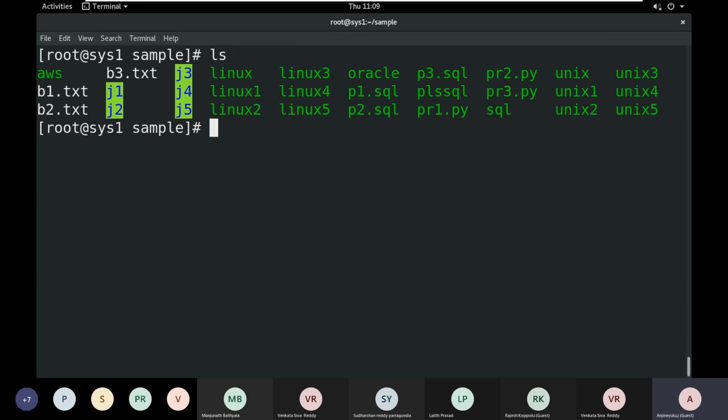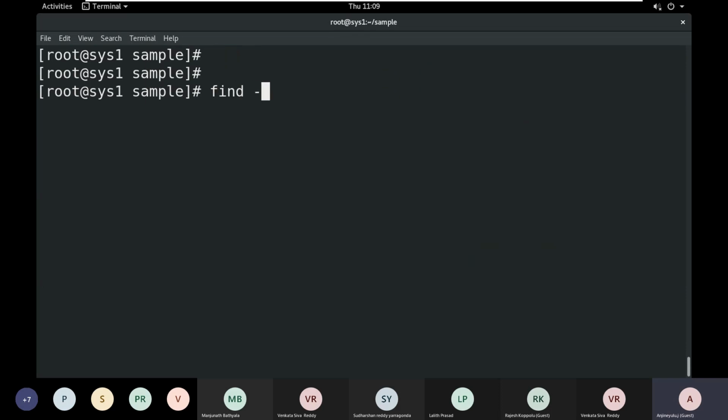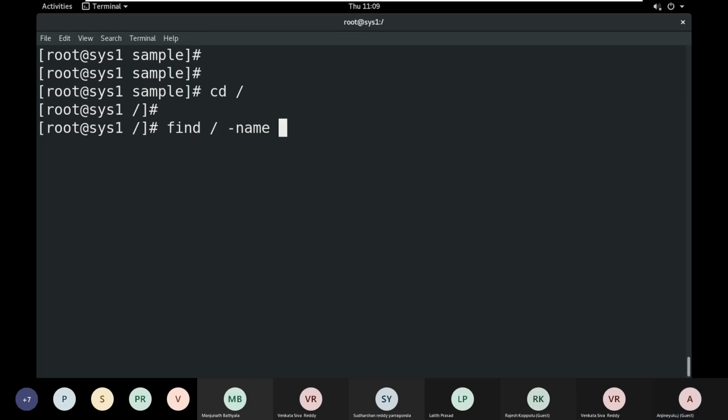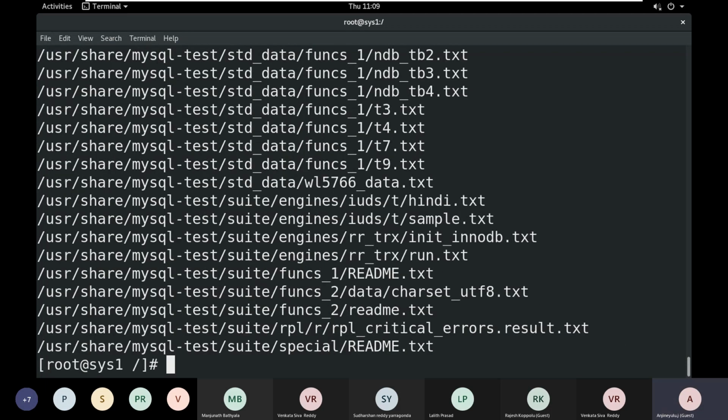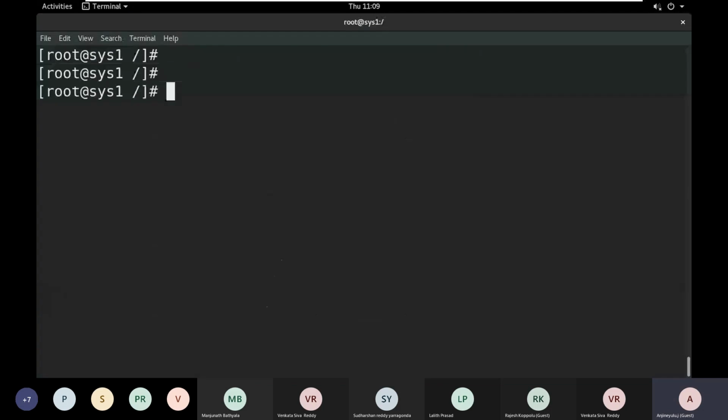So we have test files here. I want to find test files only. See, I want to find, then hyphen name. Okay, now I want to search only test files. We have a lot of test files. So do one thing.